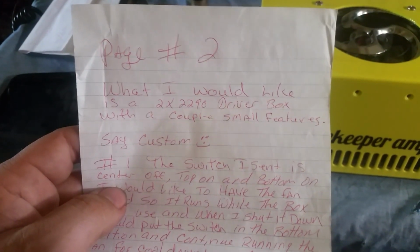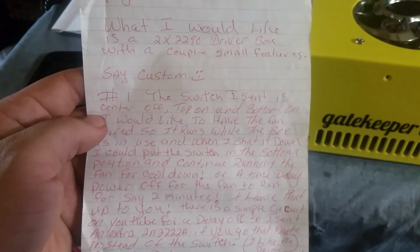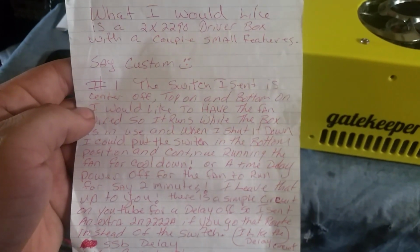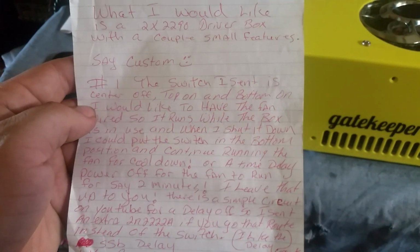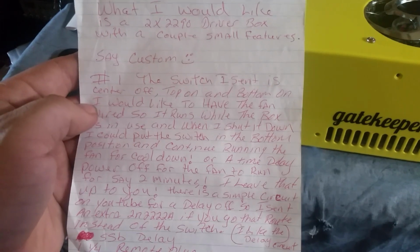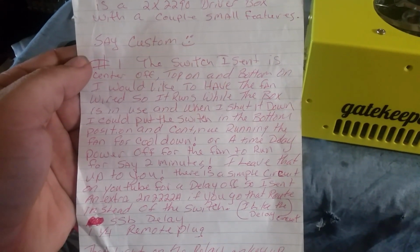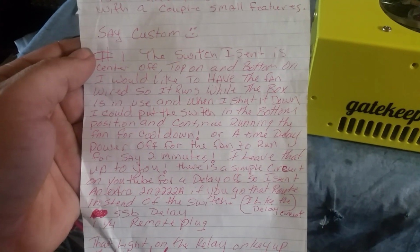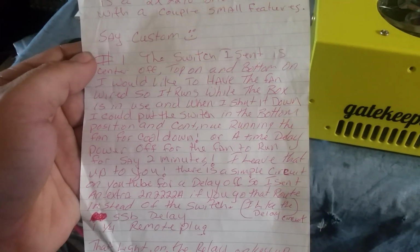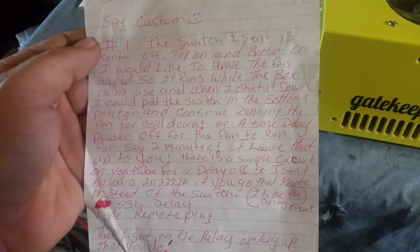What he'd like is a 2290 driver box, custom. The switch he'd like is the switch he sent. Center is off, top is on, and bottom is on. He'd like to have the fan wired up so it runs while the box is in use, and when he shuts down, he could put the switch in the bottom position and the fan will continue running for cool down